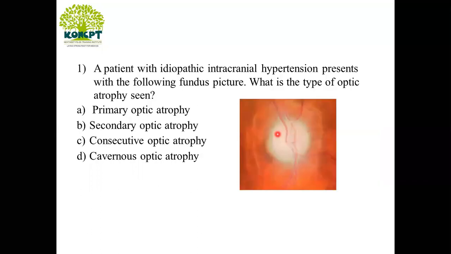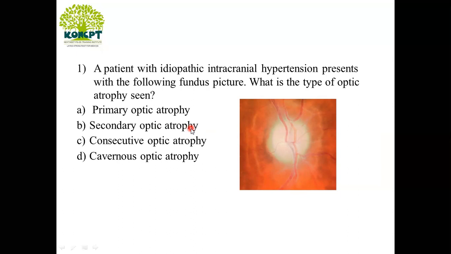Coming back to our question, as we have discussed, the things that should be seen are shape. It's oval only, but it is grayish white or dirty white in color. The cup and the disc are not made out separately. The margins are ill-defined and blurred. There are some peripapillary folds. All these points are in favor of some optic atrophy, and here in our question, it is a secondary optic atrophy.